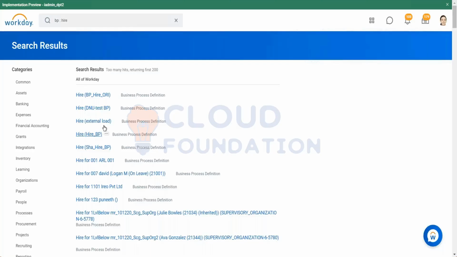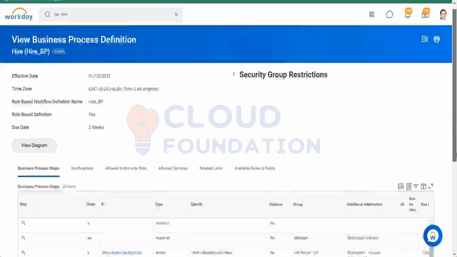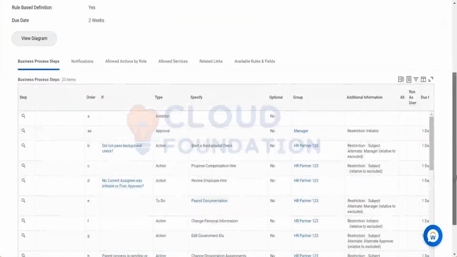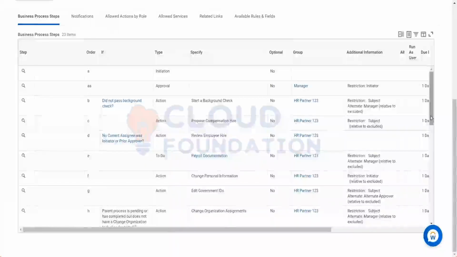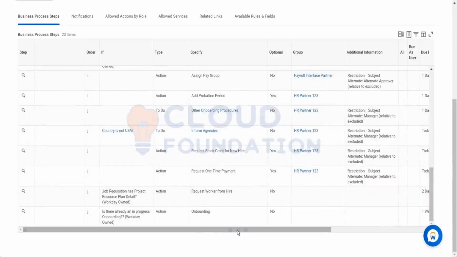You understood, right, how it will be triggered? See, this is the hire BP present. A particular candidate will go through all these steps, and at the end we can include our step